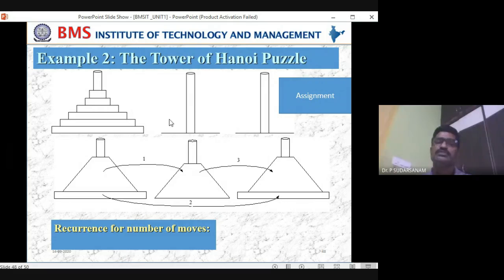So that means a smaller disk should not come onto this one. So now what you have to do is move this to the destination, and this to the destination, source to destination directly. It is not possible. That is the reason you have the temporary location. See, here the first one moves to temporary, and the next disk you move to the destination, and this one, how to move it to this one here.